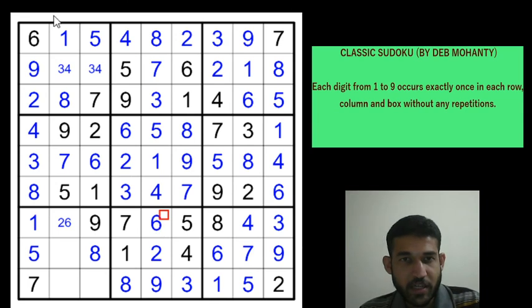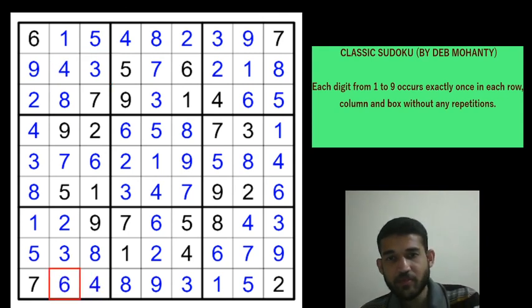Because of this 6, we get the 2 here. And 1, 5, 7, 2, 8, 9 have been placed in box 7. 3, 4 or 6 are yet to be placed. So that gives a 3 here because of this 3. You get a 3 here, a 4 here, a 4 here and a 6 here. And that completes this